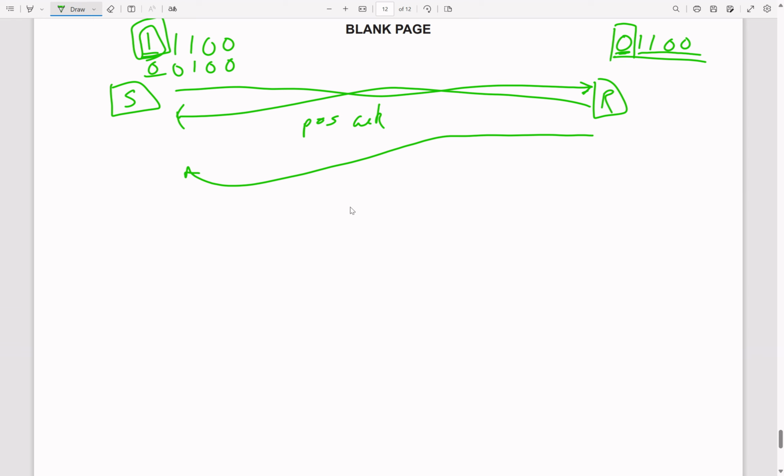I did check the mark scheme. I think they say timer. So let's say for example the sender sends it, and we'll say the time starts at 0. Now if the receiver then sends a positive acknowledgement back, and let's say the time is like 0.4, then this timer can be reset back to 0, and when it sends the next packets, again